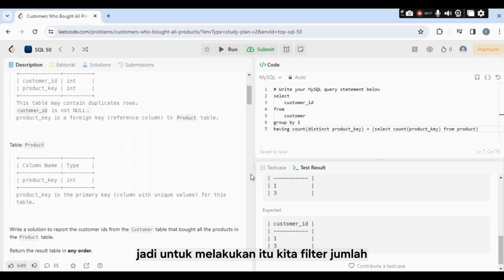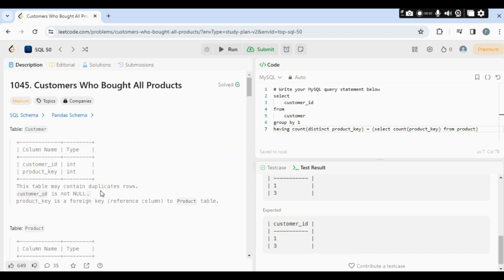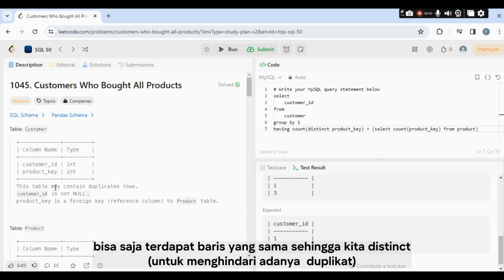So to do that, we filter the number with the COUNT function, and then we use DISTINCT on the product key. Why do we have to use DISTINCT? Because the customer table may contain duplicate rows,